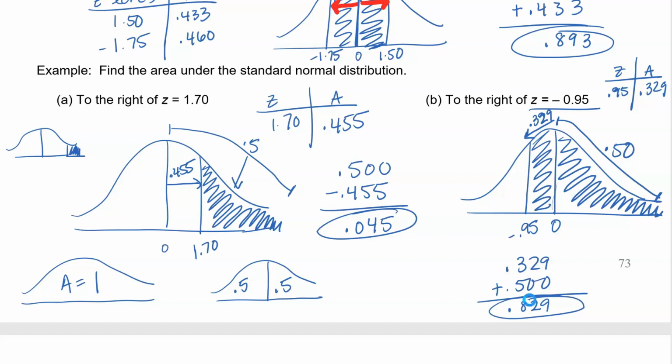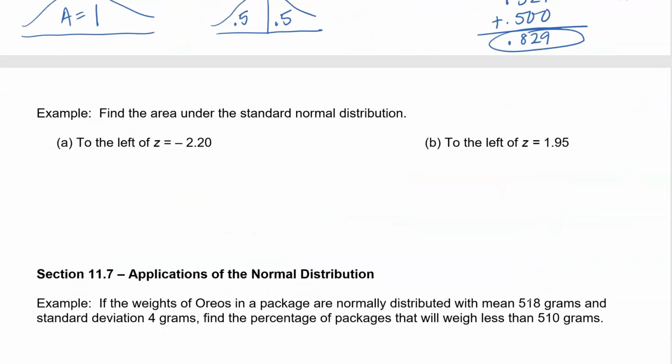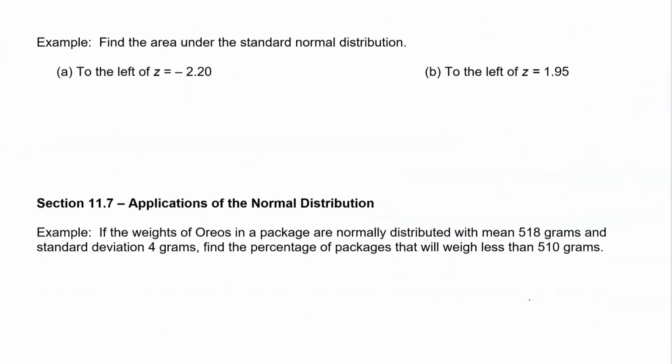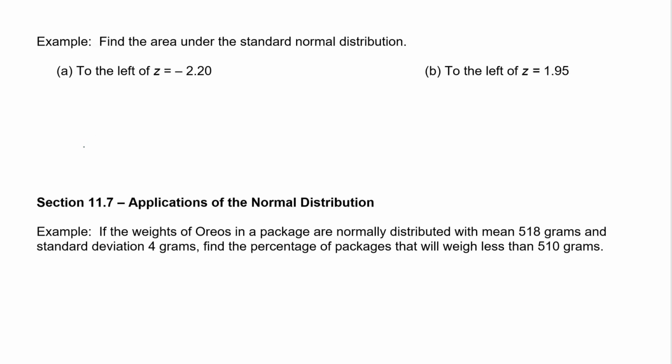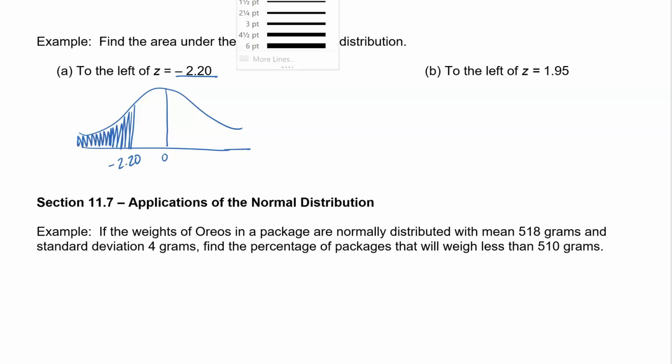Okay. Now I've got two more like this, and I know this might seem like a lot, but I'm trying to go through all of the different types of pictures you might see, so that way you can have an example of everything. So 0's in the middle, we've got a negative z-value, so I'm going to the left, negative 2.20, and I want the area to the left of that, so I'm trying to find this area. Well, if I use the table, I can look up 2.20 and find that the area starting at 0 going to that z-score is